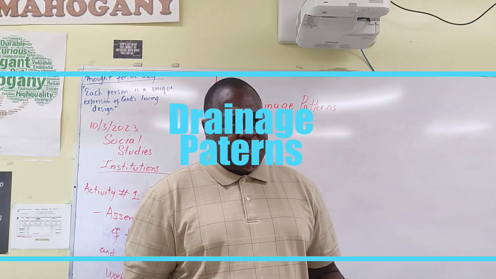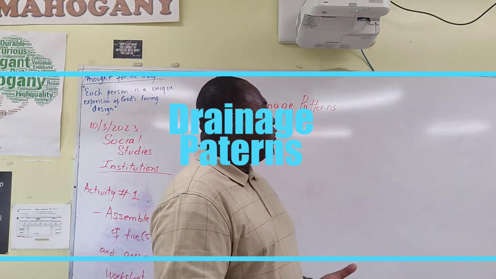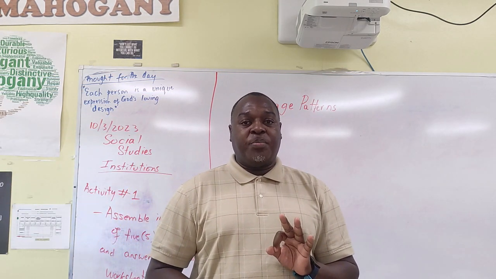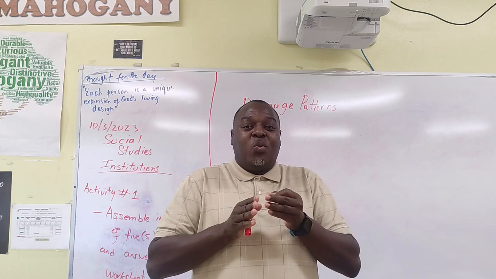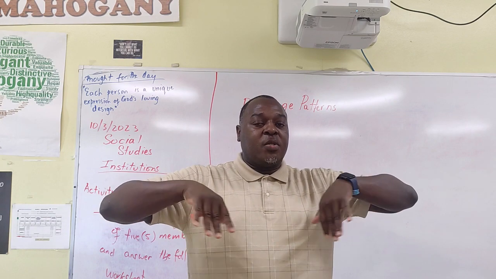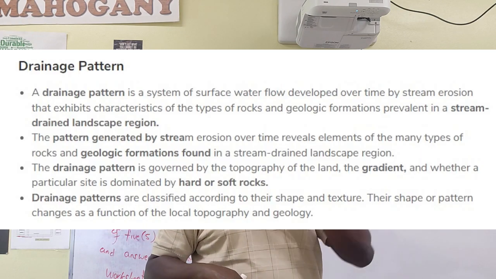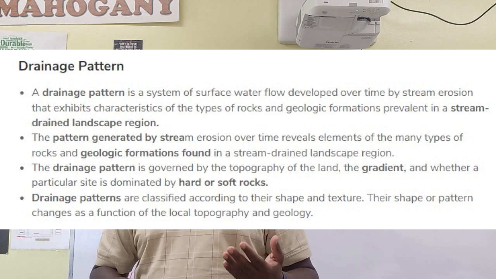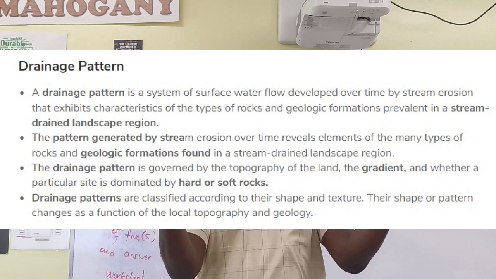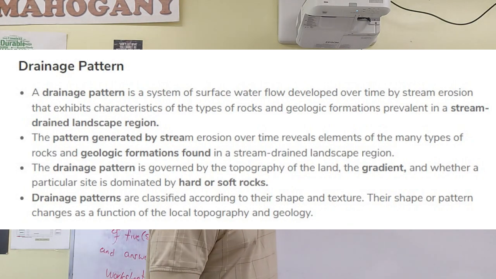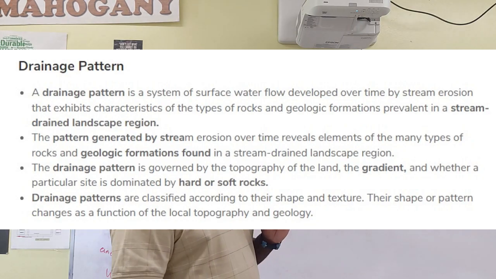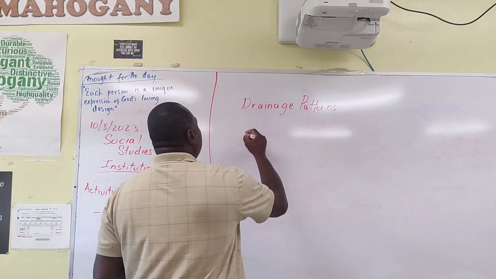Geographers in general, they have observed that there are at least 3 main types of ways that the water is taken off this landscape. So they have observed 3 main ways. I know the books and the internet will tell you that there are more, but definitely there are 3 main ways that water is carried off the landscape. I hope I'm making sense to you. Alright, so the first type of way is called